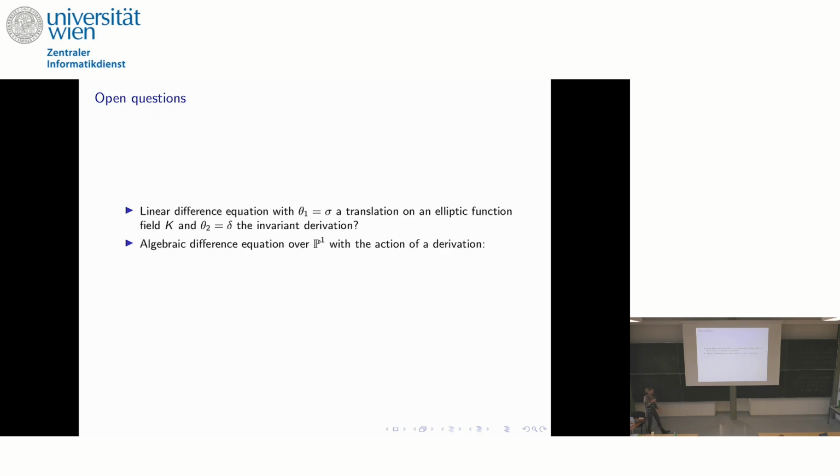Okay, and if you ask what the known results are for algebraic difference equations over the projective line, there are some results. For instance, this Ritt theorem. So Ritt characterized any differentially algebraic solution of this kind of difference equation where R is a rational fraction. So there are cosine and the Weierstrass elliptic function. And in fact, if you look at the inverse of such a solution,